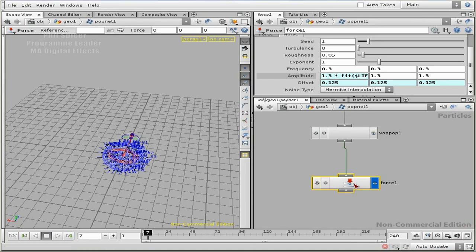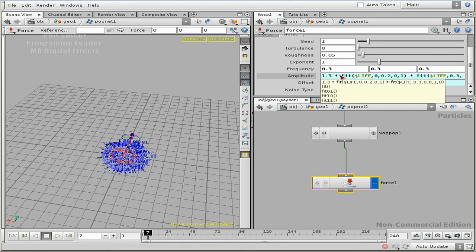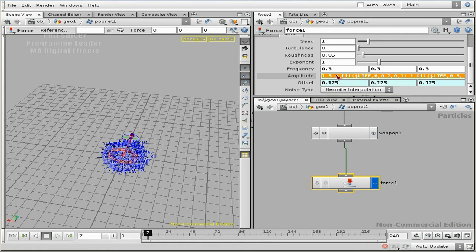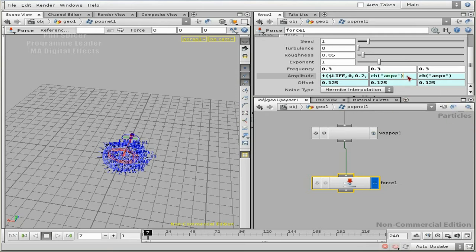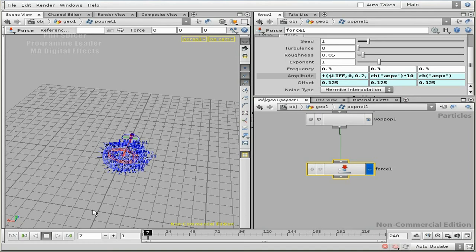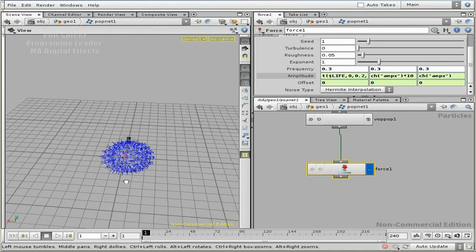Okay, so basically I created this amplitude and it's increasing for the X component, but I also am just going to copy this into the other channels. I suppose the easiest way that I'll do this is just copy the parameter, right, and paste relative reference as such. One of the things that I might do as well is just in one of the channels give it an offset like times 10, so that it kind of gives a more fancy effect to it, so you get this kind of